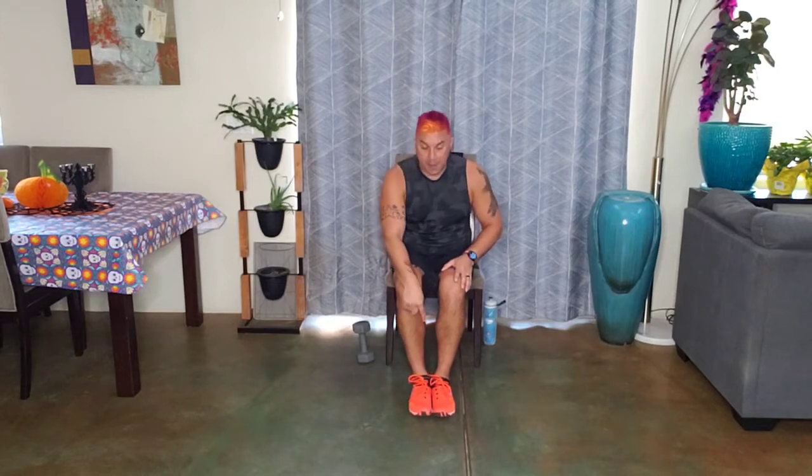Reach back, grab your ball. Place it up, right in the center of your thighs, closer to the edge. Both of your feet, bring them together, and we're squeezing inward. Inner thigh work. 10,